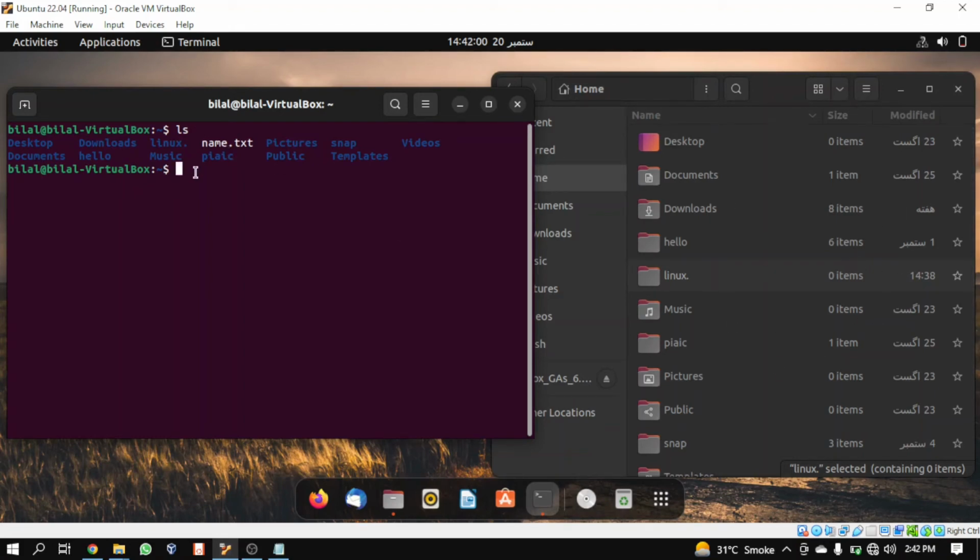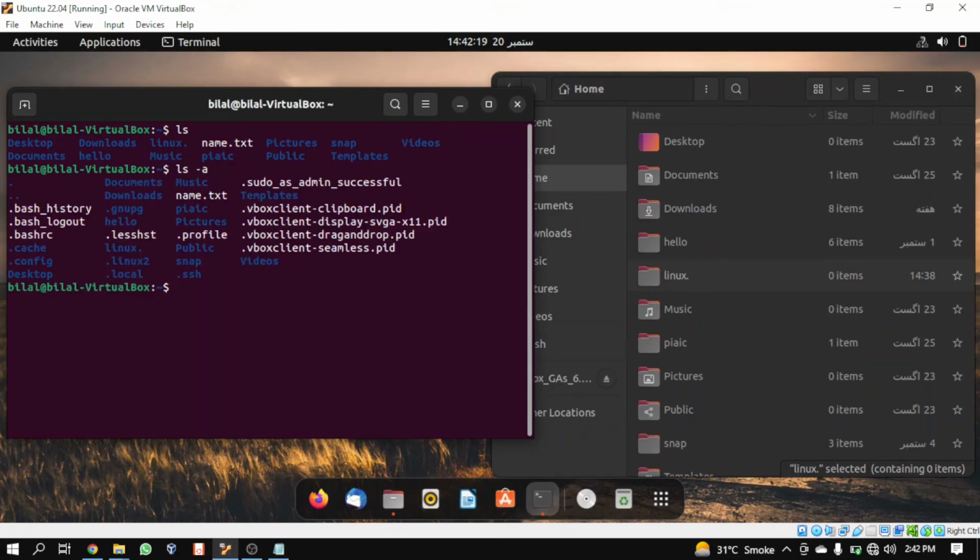I will type ls minus a. ls minus a shows all the hidden and visible files. So if I say ls minus a, see, it showed all the files. See, these are all the hidden files. These were all the hidden files. Okay, you can see that